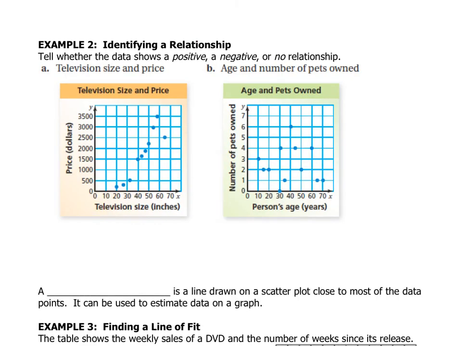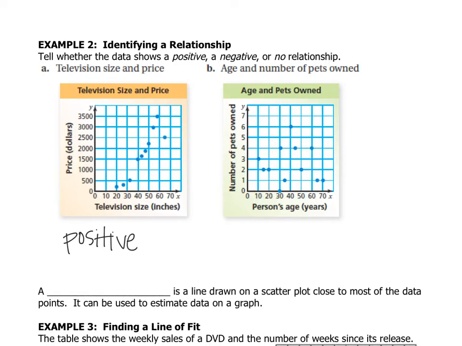All right, so now that we have those relationships, let's very briefly look at these and tell whether it's positive, negative, or no relationship at all. So television size and price. As television size goes up, the price is also going up. There's a television down here that looks like an outlier, but for the most part, as the size goes up, the price goes up, so that would be a positive